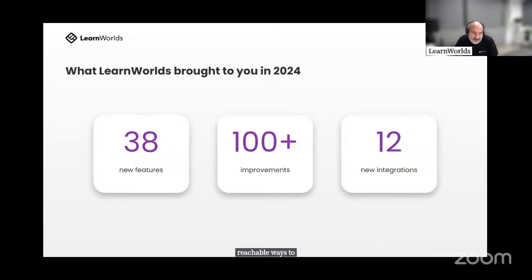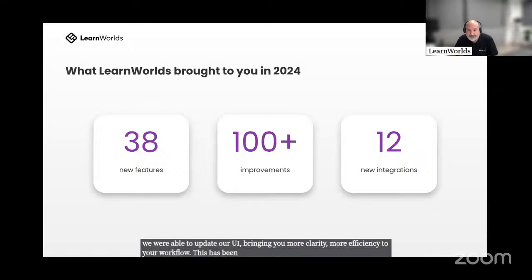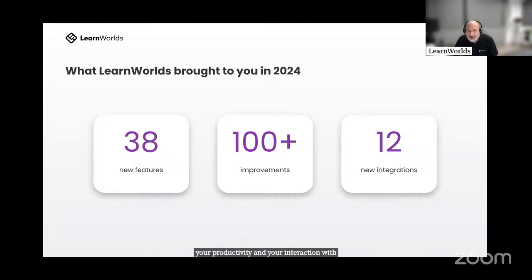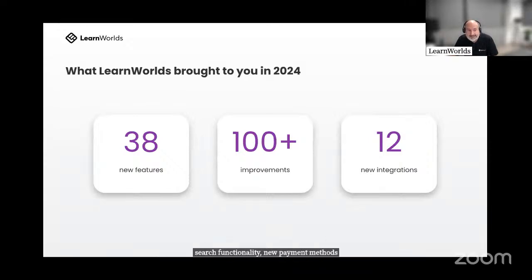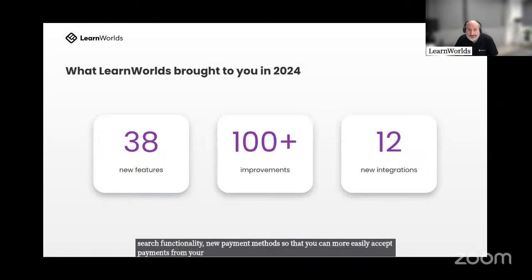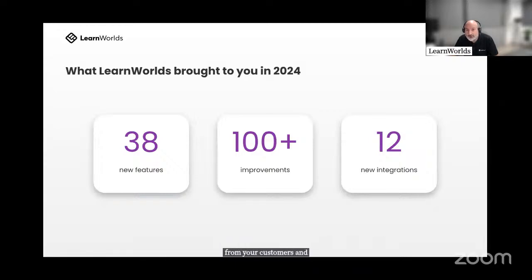So within 2024 alone, we were able to update our UI, bringing you more clarity, more efficiency to your workflow. This has been something that has been very well received by most customers, and we will continue down that path, helping you improve your productivity and your interaction with the platform. We released close to 40 new features, including search functionality, new payment methods so that you can more easily accept payments from your customers, a completely redesigned community for social learning.